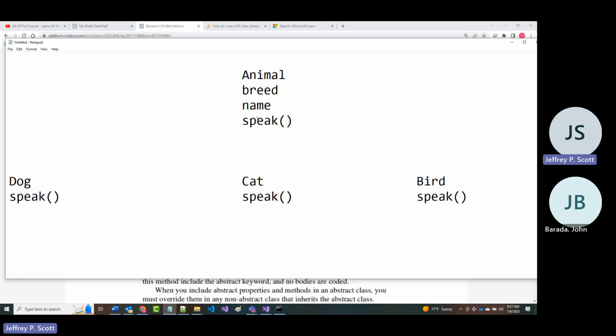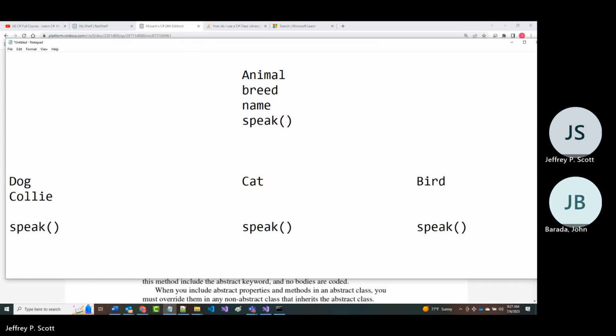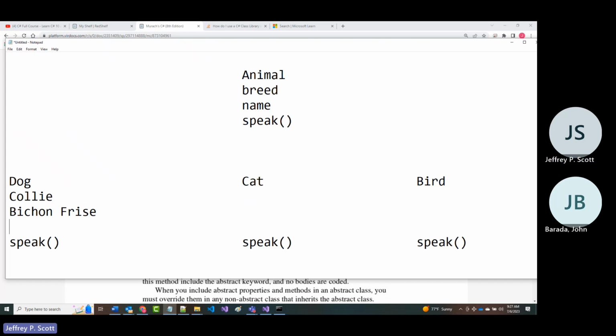So I might have a collie, and my family has a Bichon Frise, a golden retriever, etc. So again, I'm going from more general to more specific.